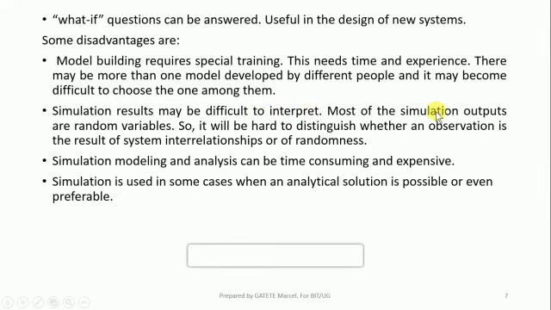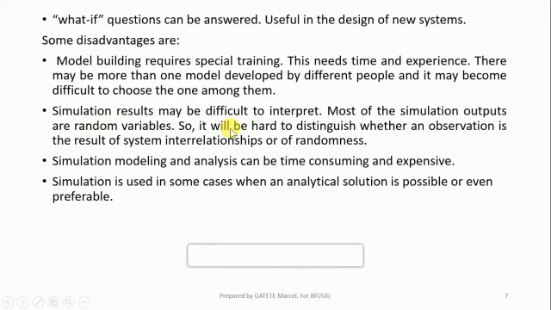Most of the simulation outputs are random variables. Random variables are variables which do not have a relationship between them. So the results may be random. It means that they come by chance.